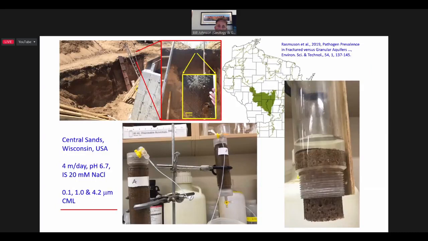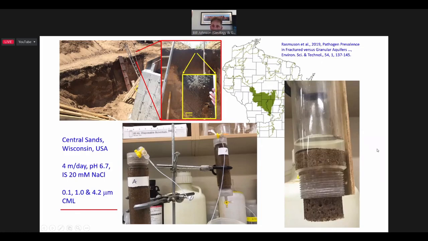But I can show you its application in a particular context. This is the Central Sands of Wisconsin, where we were looking at reasons for why there are lower pathogen detections in these sands relative to other parts of Wisconsin. And the hypothesis is that they undergo greater filtration. But we wanted to do transport experiments and see if we could actually characterize them based on the nanoscale interactions. So we looked at 3 colloid sizes, 100 nanometer colloids, 1 micron colloids, and 4.2 micron colloids, all carboxylate modified